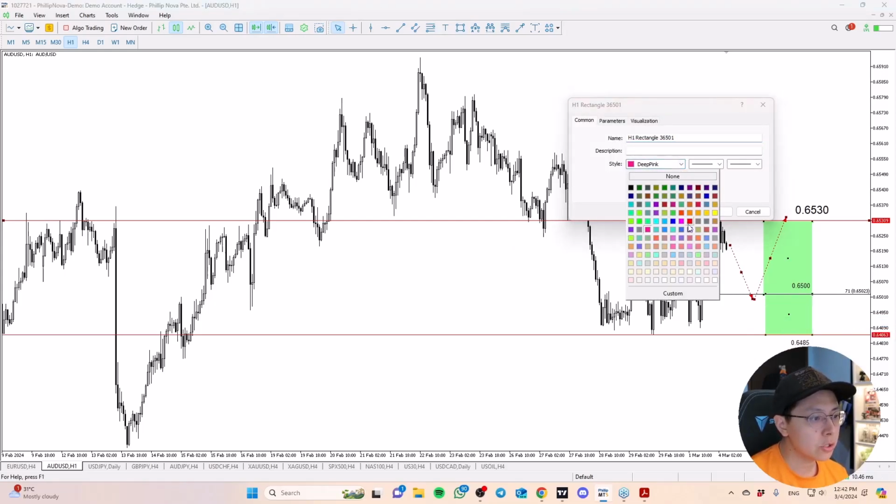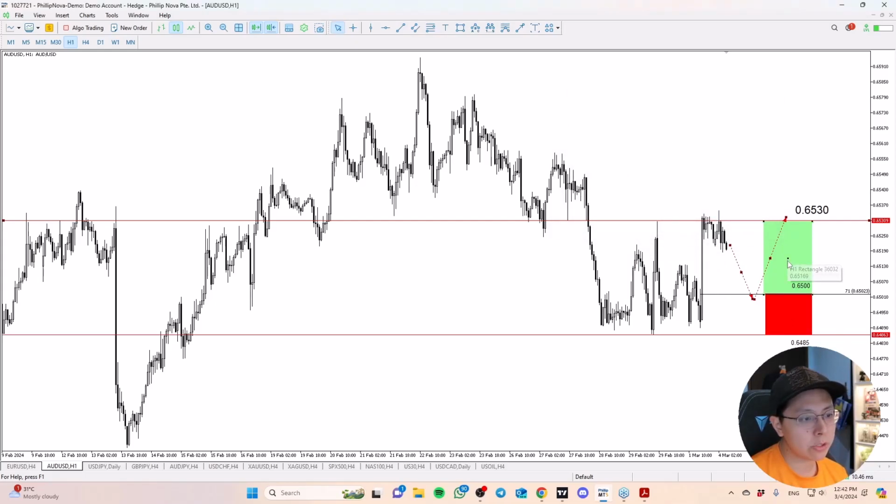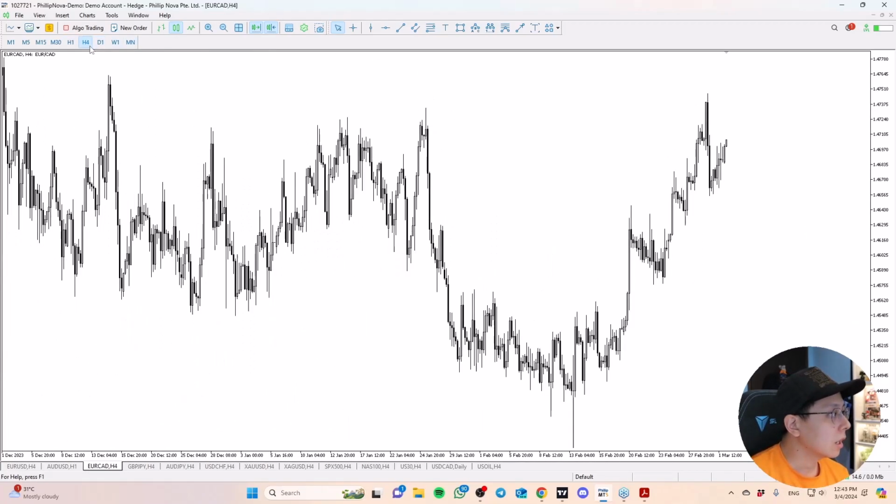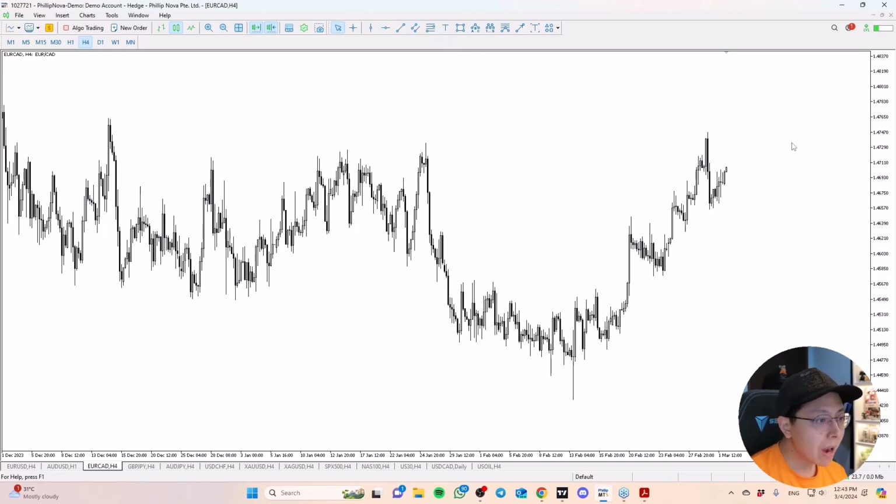To me, anything that is less than 1:1 is not a trade worth taking. Most of the trades I take are easily 1:2. In this case, it's close to 1:2, about 1:1.8, which is potentially okay. So Aussie dollar is naturally one of the trades that I'm looking at this week. Another one I'd very quickly like to bring to your attention is the Euro Canadian. Euro Canadian is not giving me a setup yet, but it's potentially giving me a direction that I can focus on.